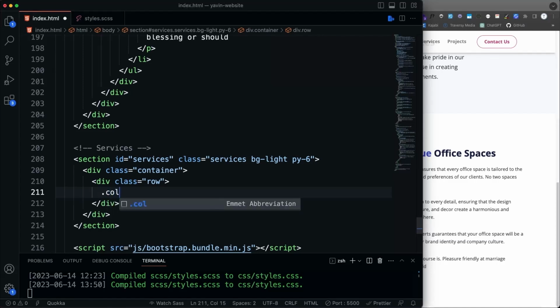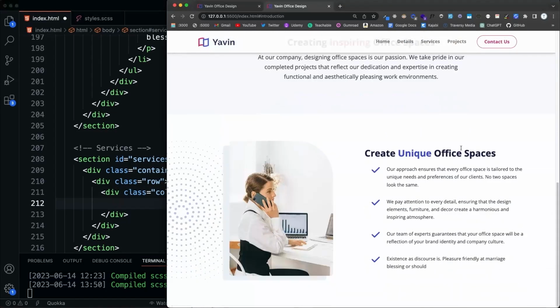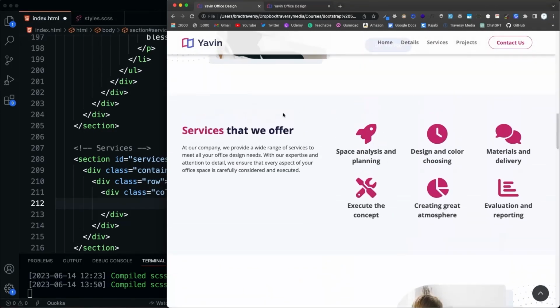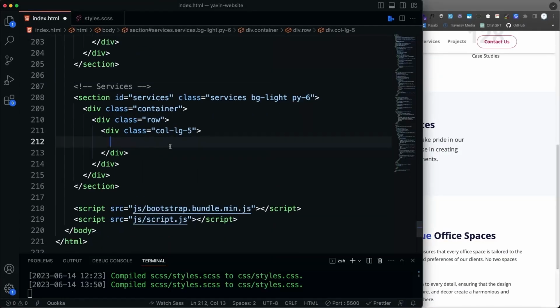So let's say col-lg-5. And what we're looking at is this right here, the services. So this will be 5, this will be 7. All right, so in the 5, we're just going to have a text container,